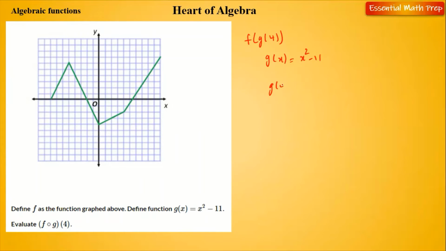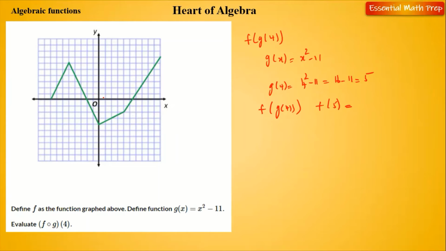So g of 4 would be 4 squared minus 11. 16 minus 11 equals 5. So f of g of 4 is the same as f of 5, right? That means it will be f of 5 would be